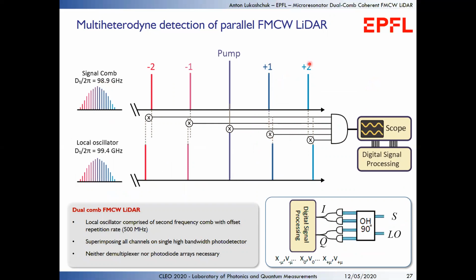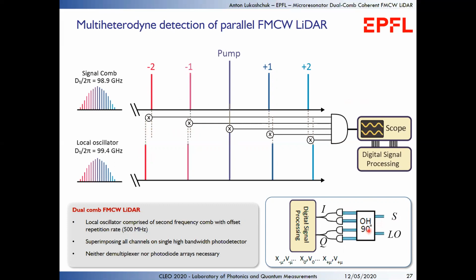For the second channel, our basement signal, our signal would be centered around 1000 megahertz. And for channel -1, our signal would be centered around -500 megahertz, or for channel -2, around -1000 megahertz. And for the pump, of course, around 0. But you can ask me how we can distinguish positive frequencies from negative, and it's really easy once you do